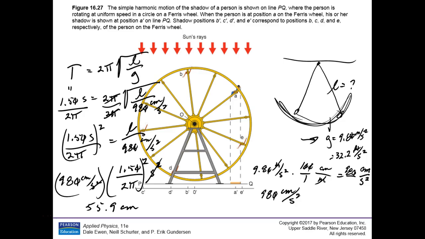Now notice I went on and changed it to centimeters per second squared. In the book, they kept the meters per second squared, and they got 0.559 meters, and then converted that to centimeters by doing the same conversion we did. They just wrote it for you. And that finishes